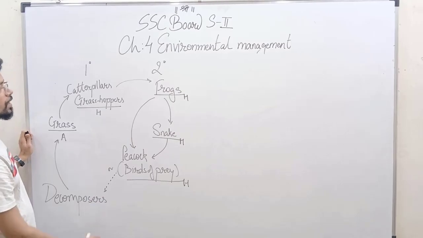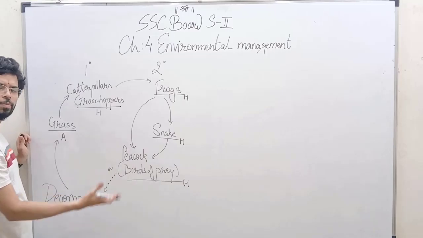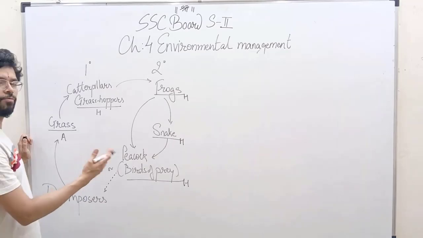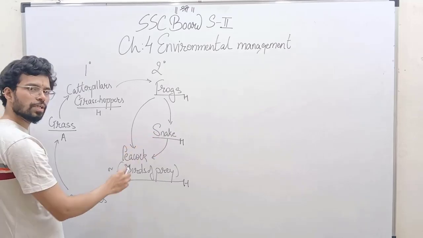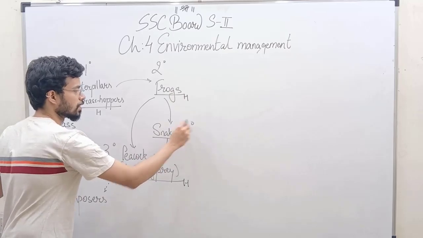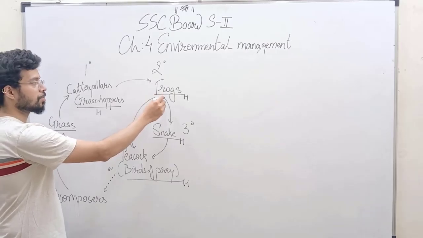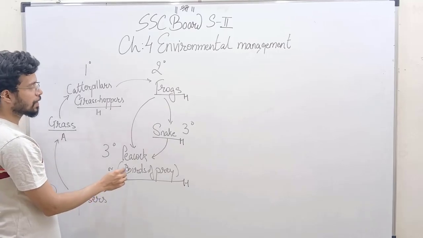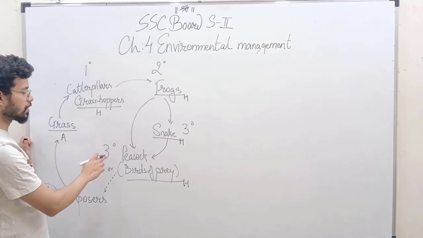So now in this case, the bird of prey I have shown here is a peacock, or it could be any osprey, eagle, kite, because peacocks are known to prey on snakes and other amphibians and small animals as well. So in this case, your tertiary consumer will be the peacock and also the snake, right? If we start from this point, if we draw a ray from the frog, if a snake eats the frog, it becomes the tertiary consumer. If the peacock directly eats the frog, it becomes your tertiary consumer as well.